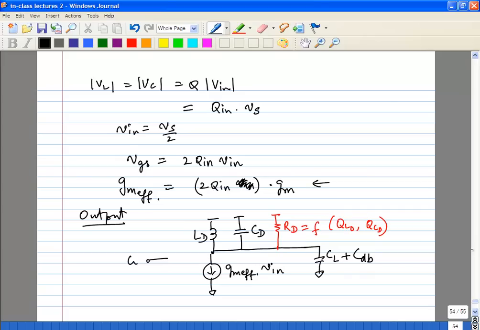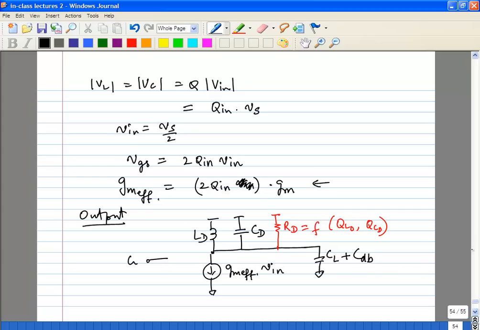When you have a broadband requirement, what should I do? When you have a broadband, like a large frequency range requirement, this will be very sharp. Yes, and in this case we are designing a narrow band LNA. If you are designing a very broadband LNA, like a low pass LNA, we'll come to it later in the course. There are techniques for improving the bandwidth of low pass LNAs, to make it insensitive to load capacitance. I think we will have time to come to that at the end of the course.